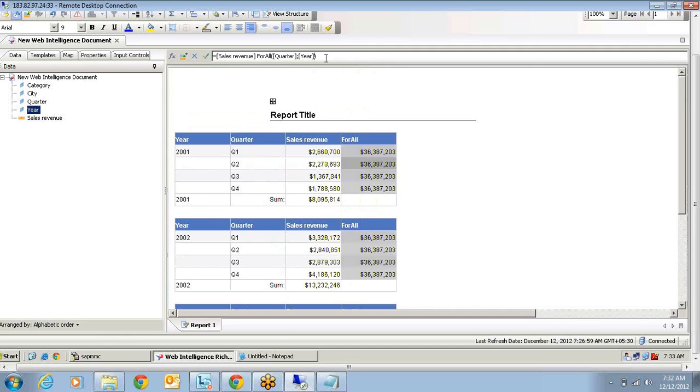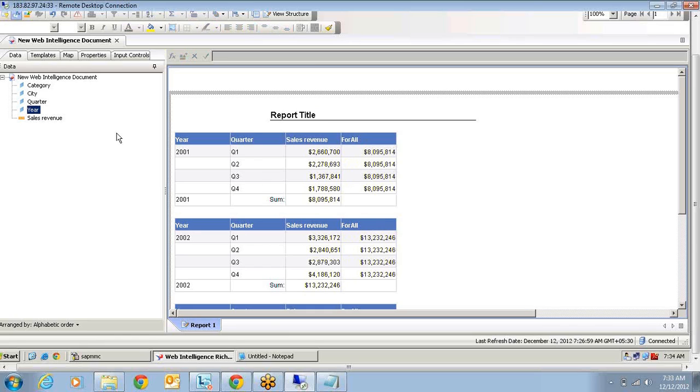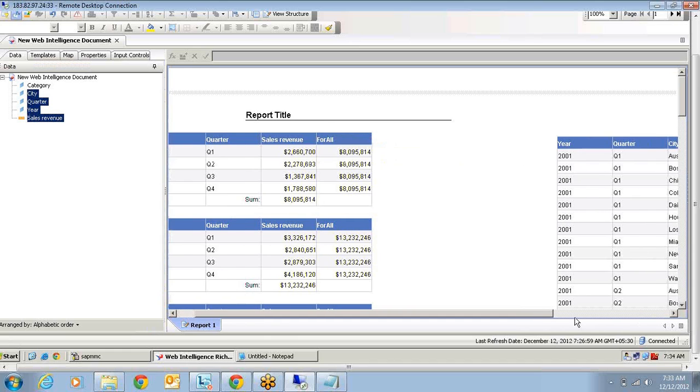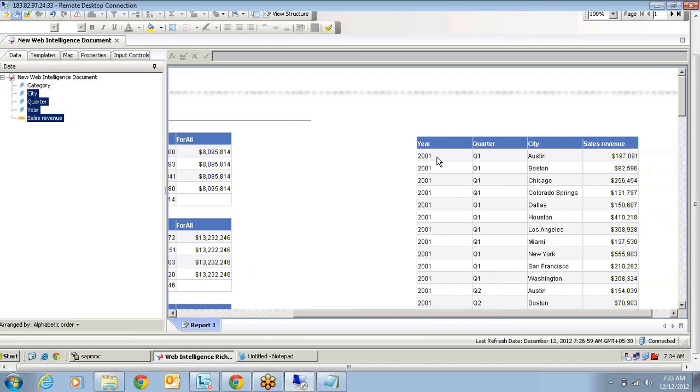Okay. So now I'm going to create another block: year, quarter, city and sales revenue. Drag and drop it here. So this is the block which is showing year, quarter, city and sales revenue. I'm going to apply a break on year, and I'm going to apply a break on quarter. Now what I want is, in each year and quarter, a city which has maximum sales revenue. So here, go to summary, select max. This is the value,